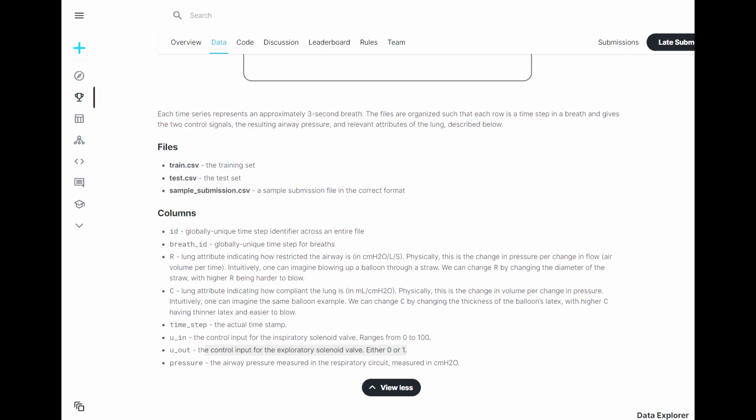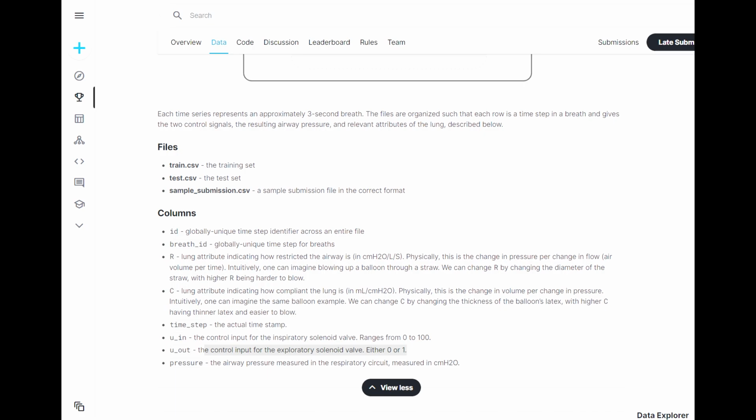And coming back to the C parameter again. The variable C is compliance and indicates how easy it is to stretch the balloon, and the balloon here represents the lung. The largest value of C is 50, which is easiest to stretch. If we input air into a balloon that stretches easily, the pressure does not increase because the balloon just gets bigger, and thus the air per unit of space does not